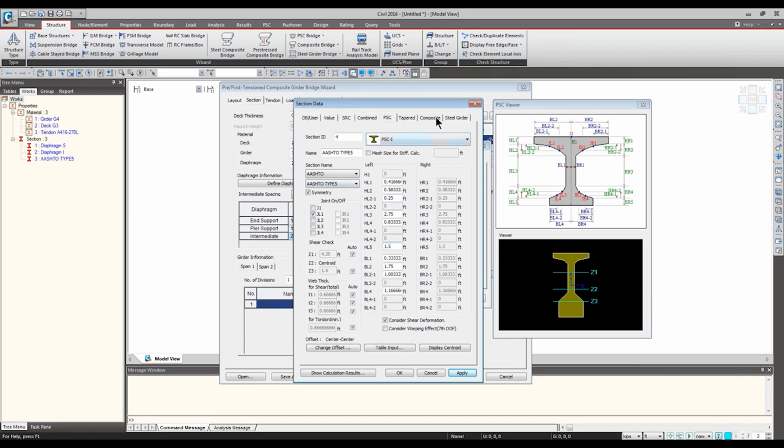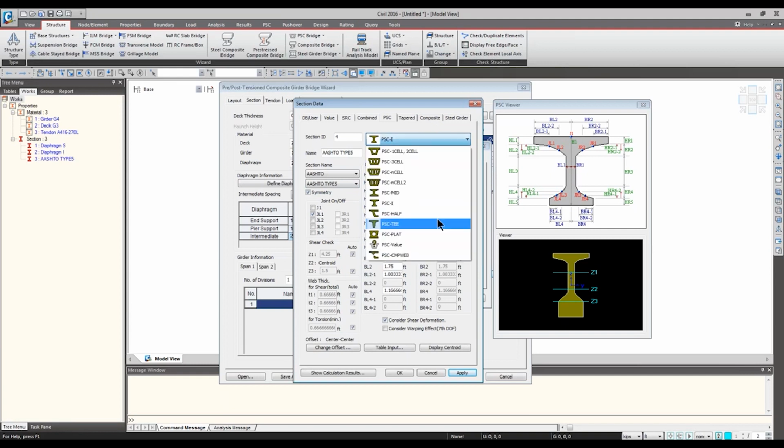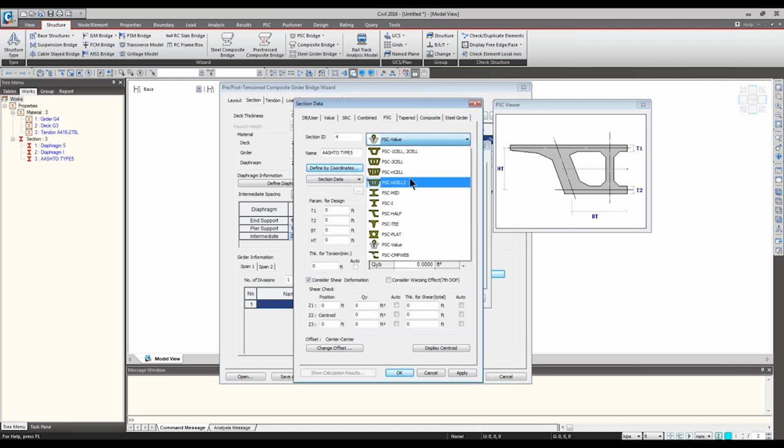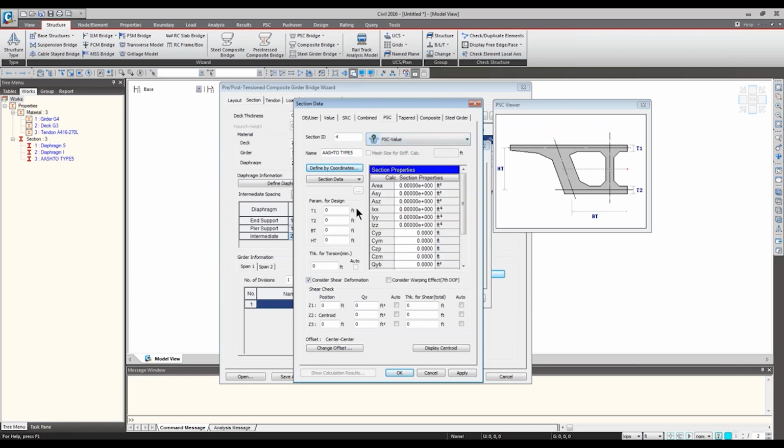Before moving on to defining the composite section, I want to show you some of the further databases that we have. If you look at our drop-down list, they are the conventional pre-stressed concrete sections, the box or middle, I, and T. If you don't see what you need, go to PSC value.